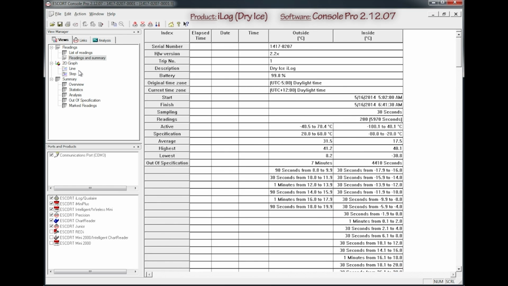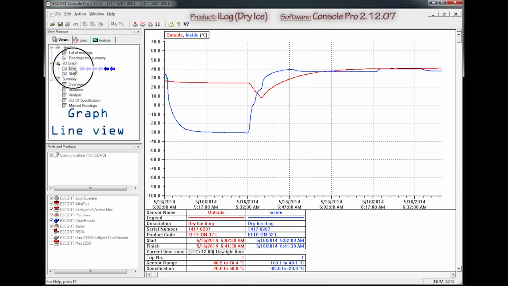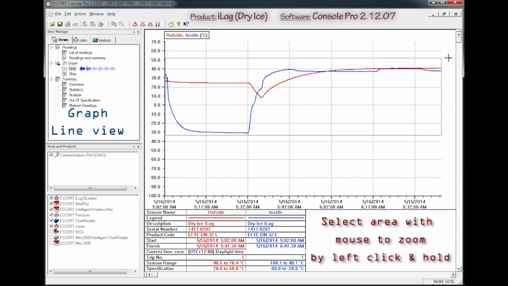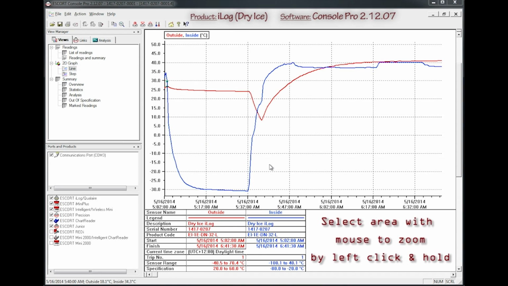If you double-click the line under the 2D graph in the View Manager, a fourth window will open with the data populated in a line graph, with the legend of the graph at the bottom. You can left-click and hold and drag your mouse anywhere in the graph to zoom in on a section of the graph. You can add a title and a comment in the graph by going to the Edit menu, then